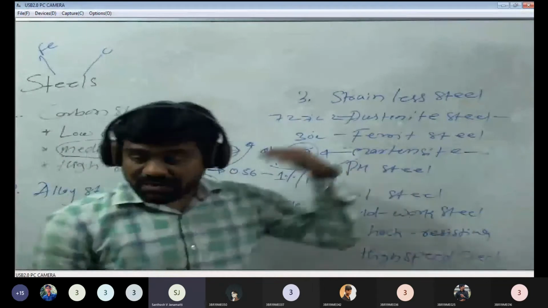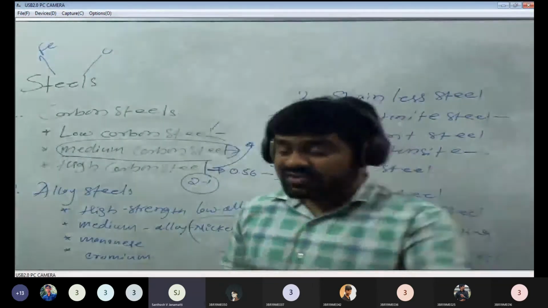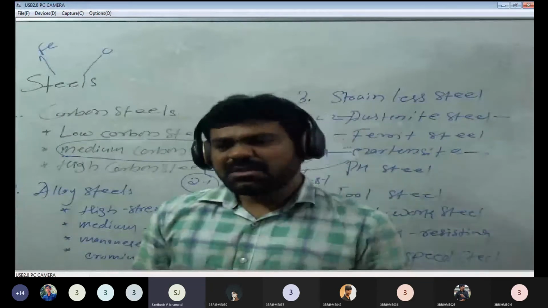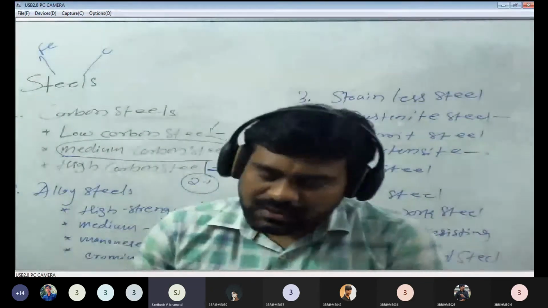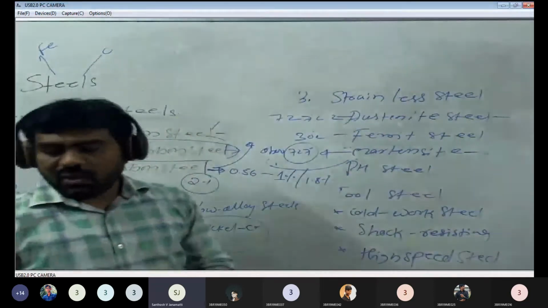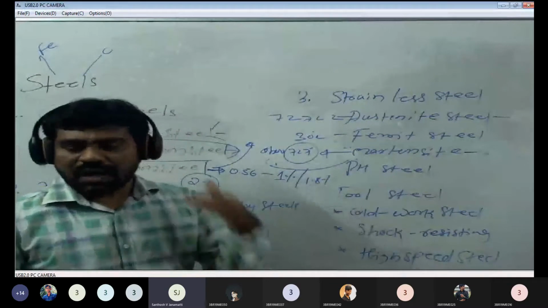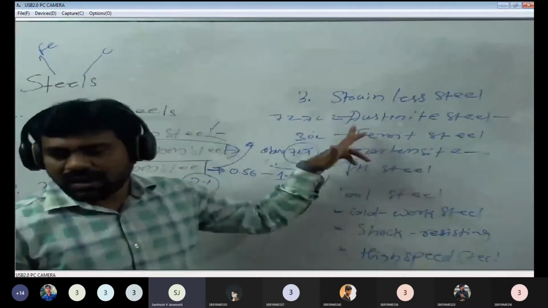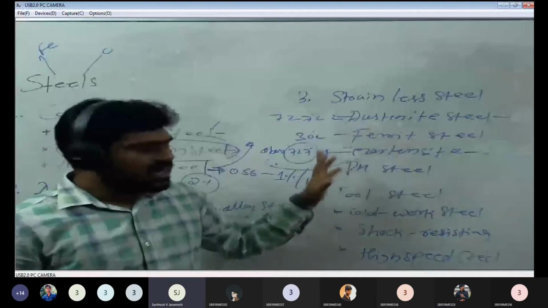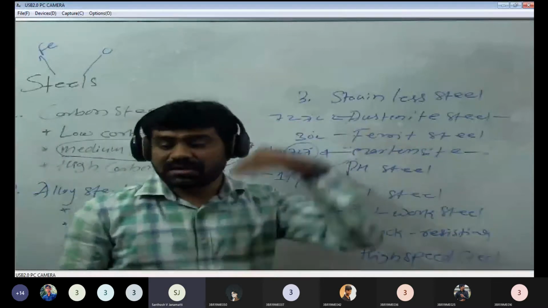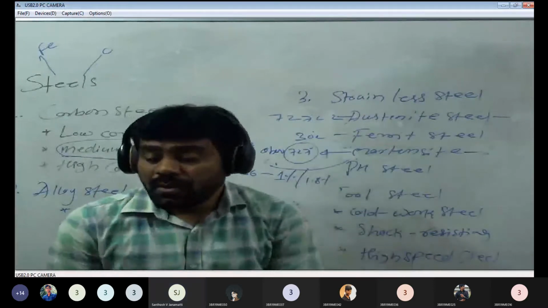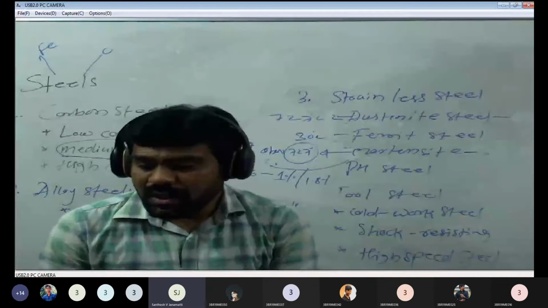But for the martensite phase, above 727 degrees Celsius, we heat the steel and cool it with drastic cooling. Drastic cooling means immediately we have to quench, water quenching or oil quenching. So this steel is also called a quenched steel. This is much harder than the ferrite and austenite steel. Hope you understand. Martensite is a phase we can achieve by heating above 727 degrees Celsius, then cooling it down in water, cold water. That's what quenching is.